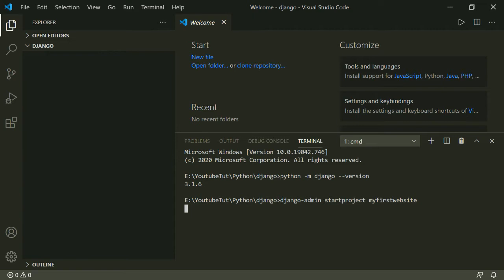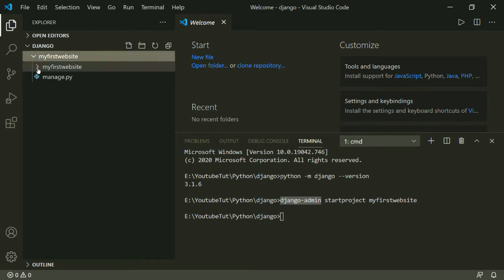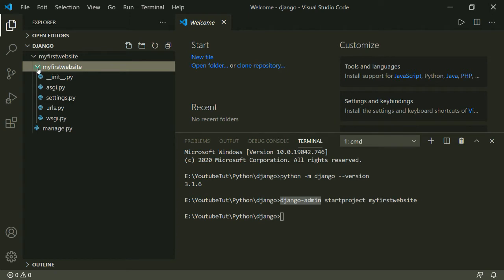So I'm basically creating an admin folder. This is the command django-admin startproject, and you can see that I have written startproject and myfirstwebsite. This is an admin kind of settings which we will use to create our applications. Okay, so this is not your application where you will work. This is the admin section, and here is manage.py. This is a very important file, and it is used to create the applications.